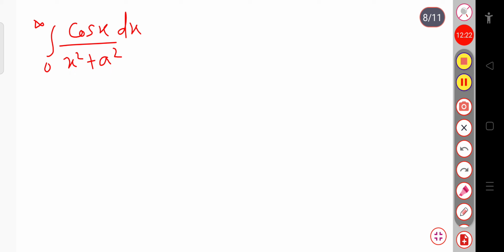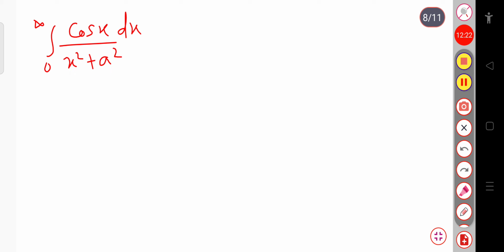Because you know, this exponential imx, you can write it as cosine mx plus i sin mx. Here this is cos x, it means that if I put m as 1, this will be cos x plus i sin x. So here I am writing exponential ix. Or this is suppose exponential iz. Whatever you write, this will be correct.